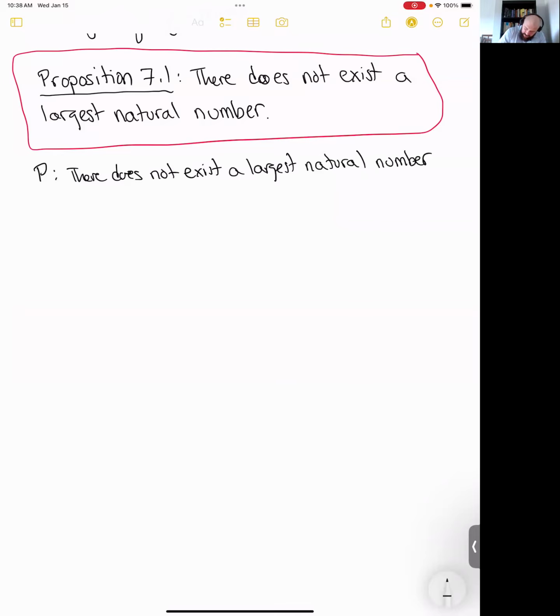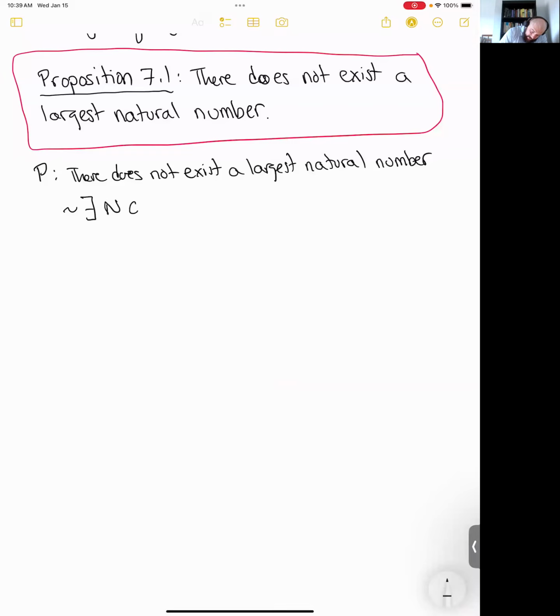By the way, let's try to write this in quantified language. So there does not exist, right? So there exists with a not through it, or maybe I haven't really been using that notation. So let me instead say there does not exist